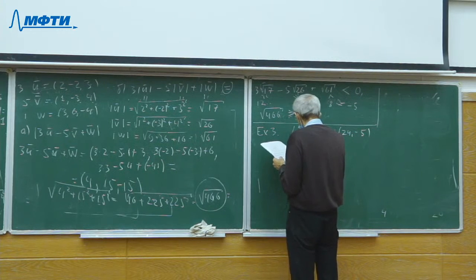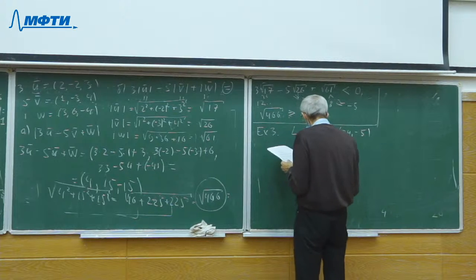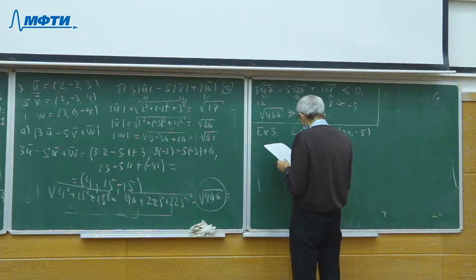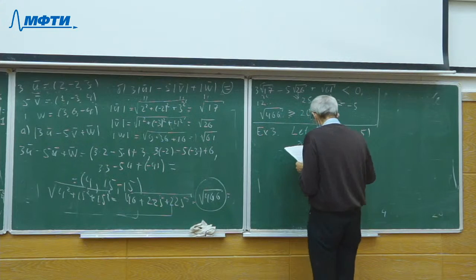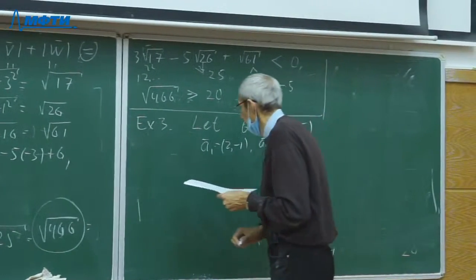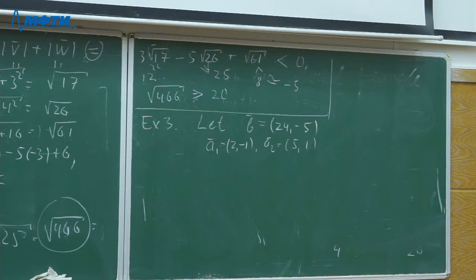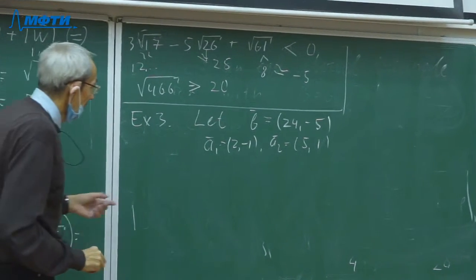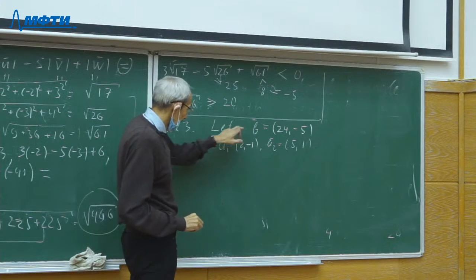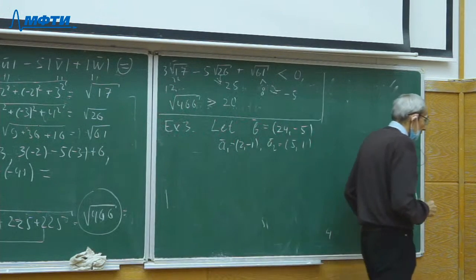Vector A1 has coordinates 2, -1, and A2 has the coordinates 5, 1. The problem is to find the coordinates of vector B in the basis of